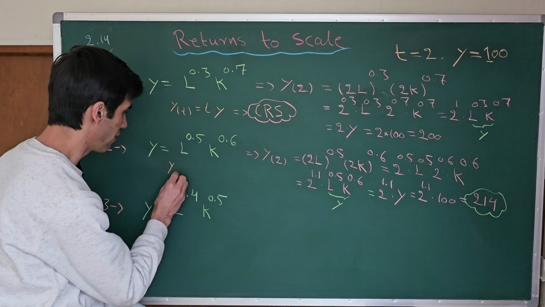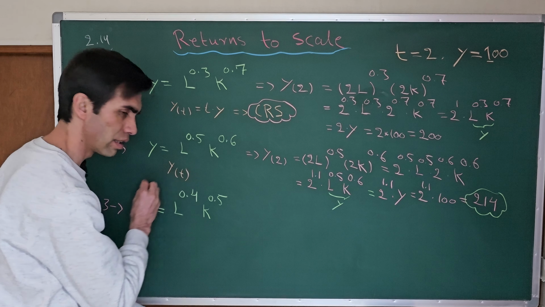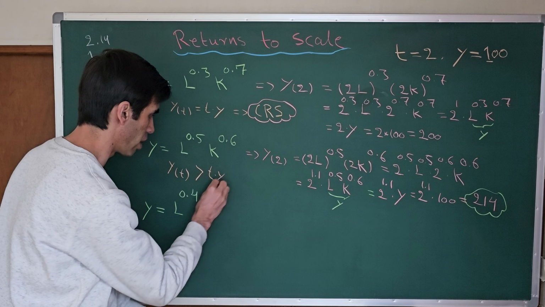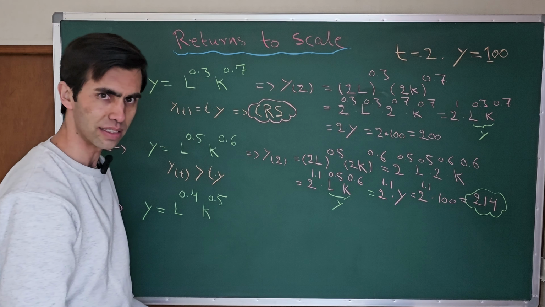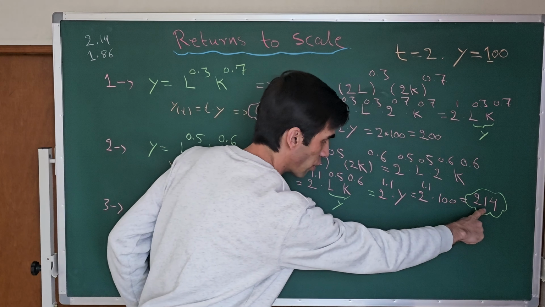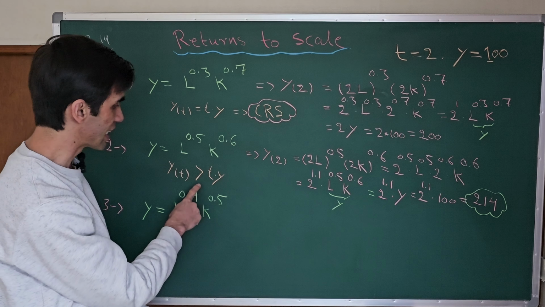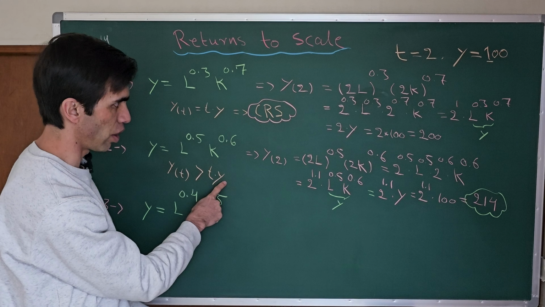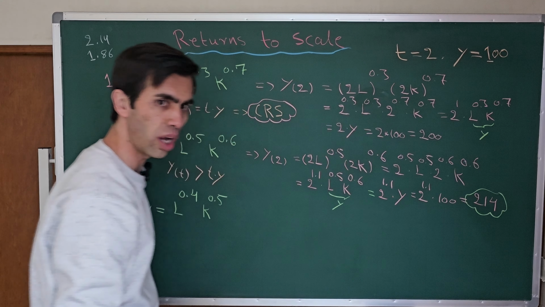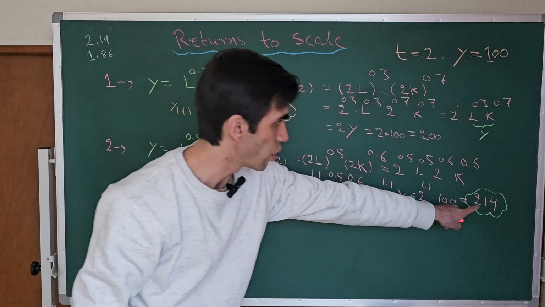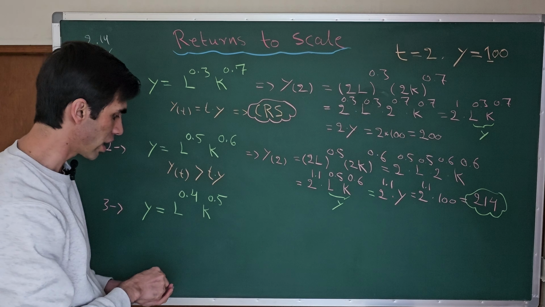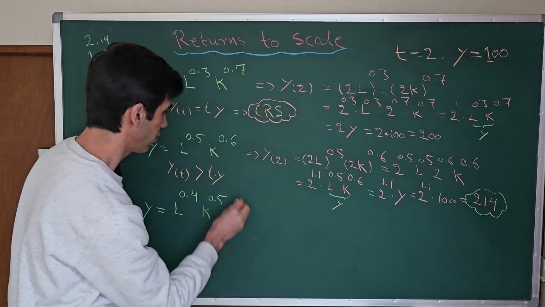We know that if y of t is greater than t multiplied by y, which is exactly the case here, y of t is equal to 214, and it's greater than t multiplied by y, which is 2 multiplied by y, which is 200. So in this case, 214 is greater than 200. In this kind of situation, what we will have